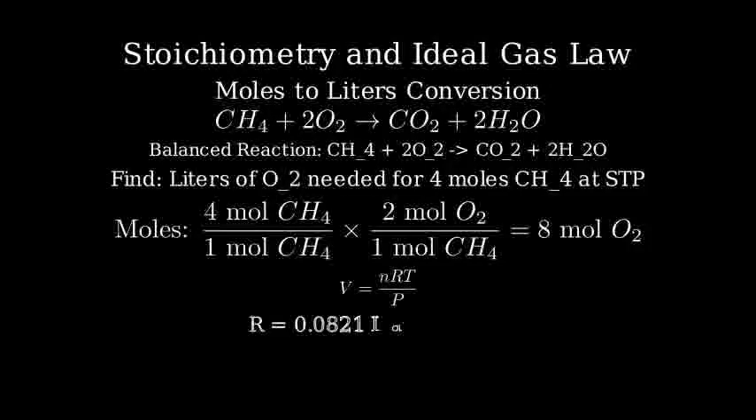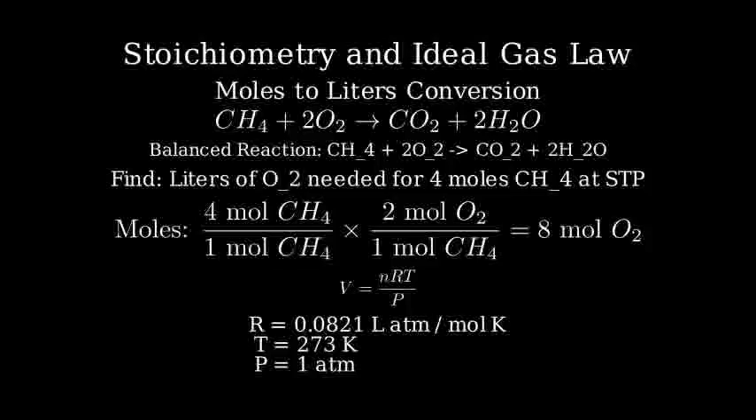R, the ideal gas constant, is 0.0821 liters atmosphere per mole Kelvin. At STP, temperature T is 273 Kelvin and pressure P is 1 atmosphere. Let's plug these values into the ideal gas law equation to find the volume of 8 moles of oxygen gas